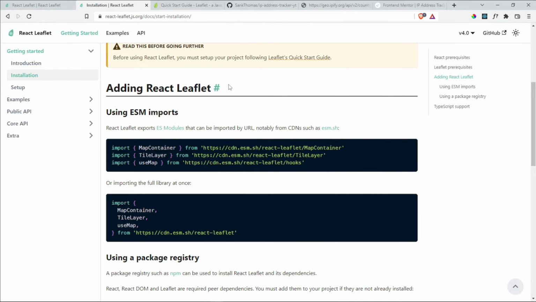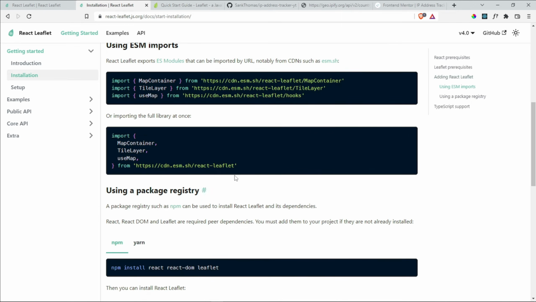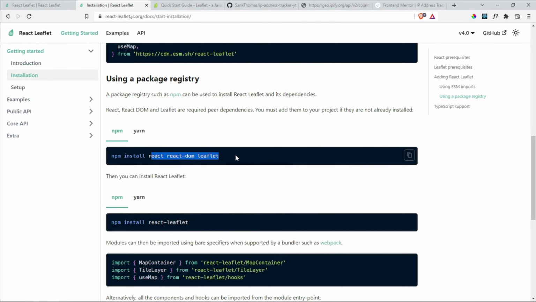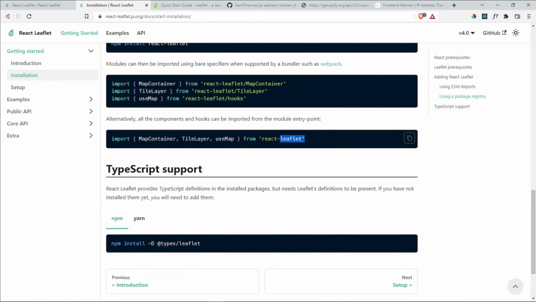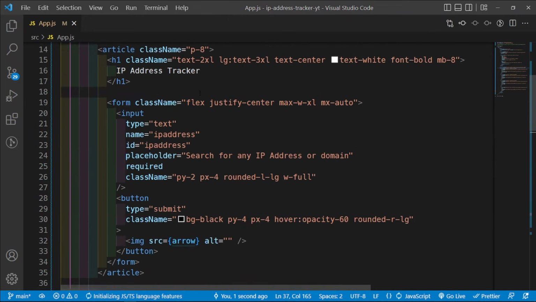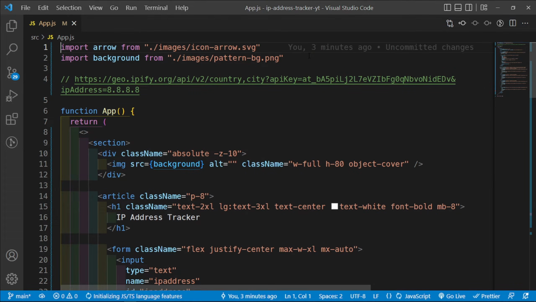And so now what we're going to do is the following. If you're going to be using the guides, then there are a number of ways that you're going to be importing these components. So we are not going to be using this one, and we are not going to be using this one, because obviously we have not used the CDN, but we have used React instead. You have used npm to install it. So we are going to be importing them from React Leaflet just like this. So just copy this part, and then at the top of your app.js, so on top of these two,